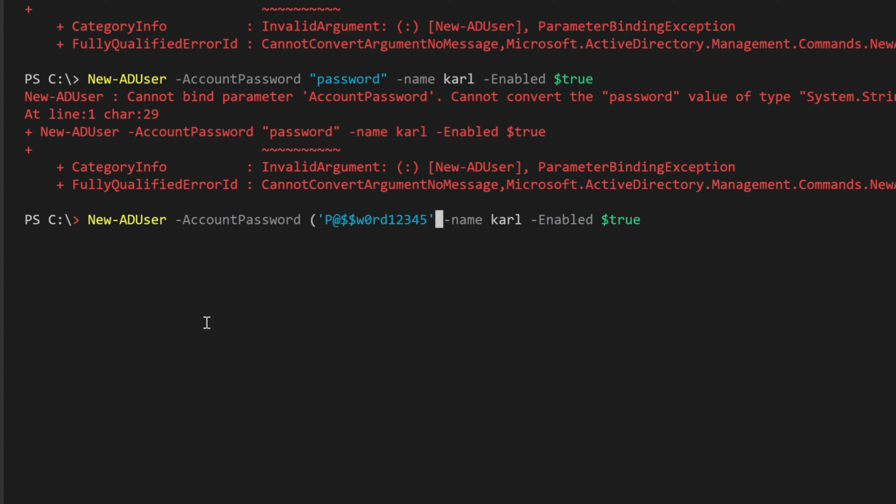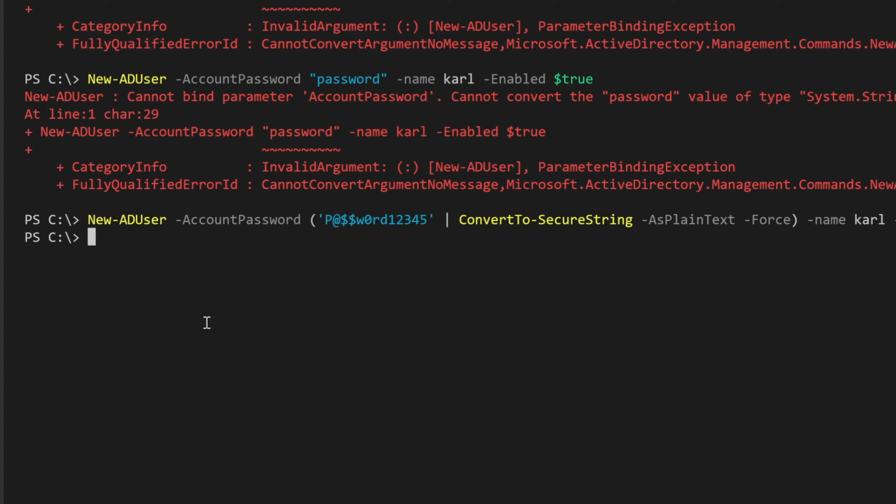Kind of what you see is what you get. But we want to pipe that to ConvertTo-SecureString, -AsPlainText, and we're going to -Force it, so that within the parentheses, that will convert P@$$W0RD12345 into a secure string